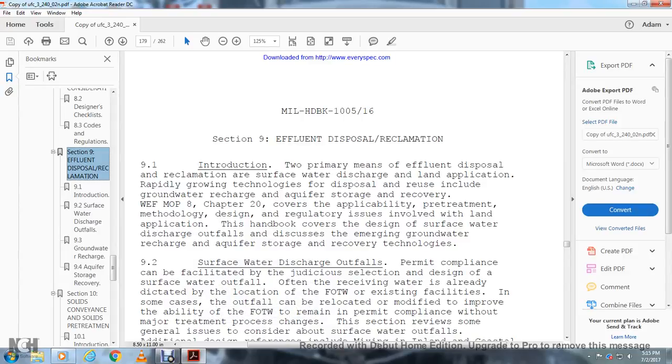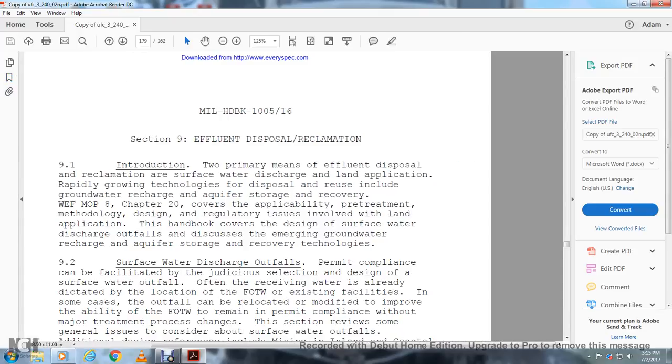Alright, Military Handbook 1005-16, Section 9, Effluent Disposal Reclamation. 9-1, Introduction. Two main means of effluent disposal are reclamation, surface water discharge and land application. Rapidly growing technologies for the